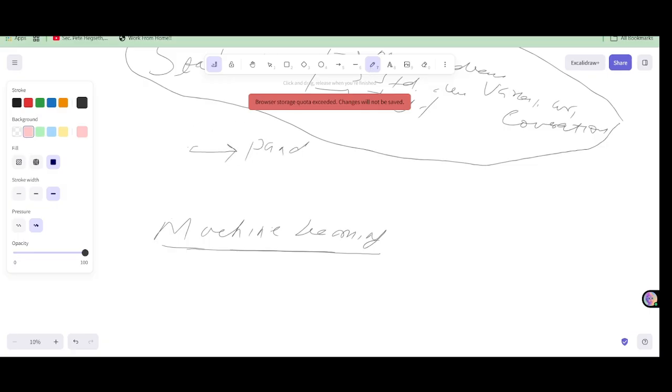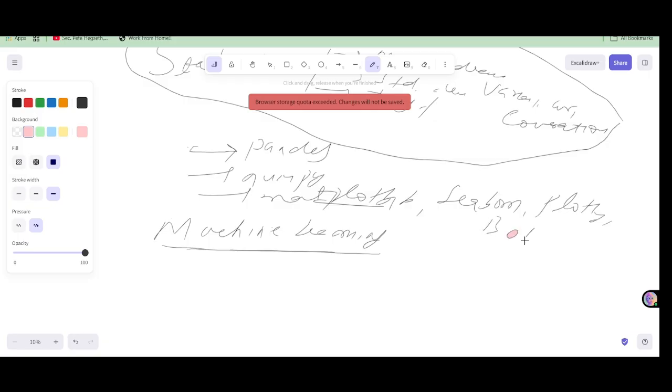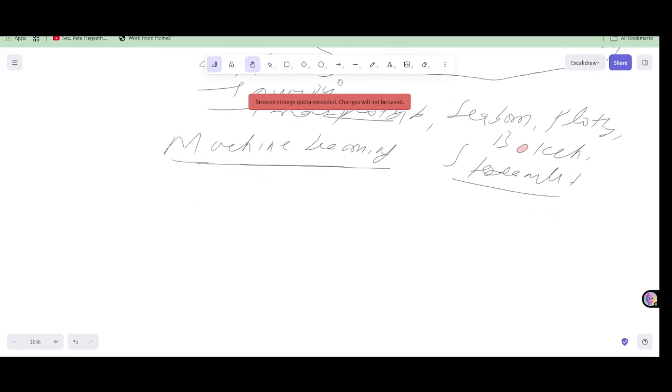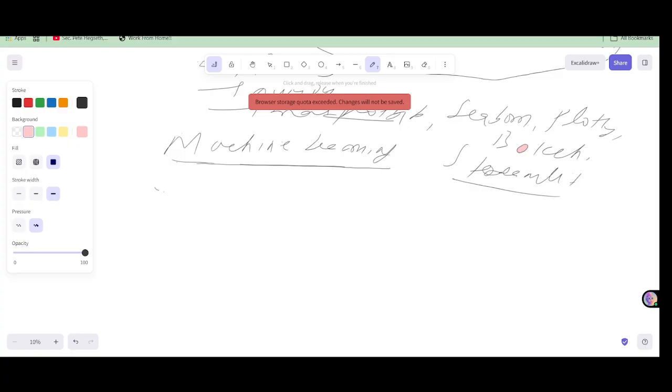We will study libraries like pandas, numpy, matplotlib, and then seaborn, plotly, bokeh, and streamlit. So we'll study these libraries, and thereafter we will move towards machine learning. In machine learning, before we start learning any algorithms, we also learn about EDA. We'll give most of the time to EDA, because before you make any algorithms, you must know how to do EDA.